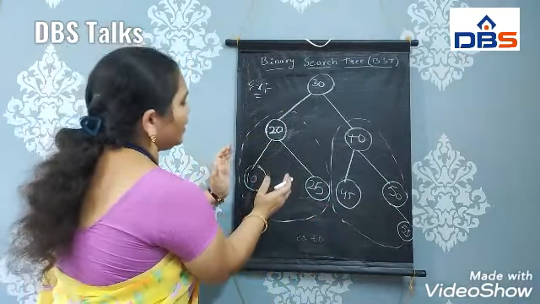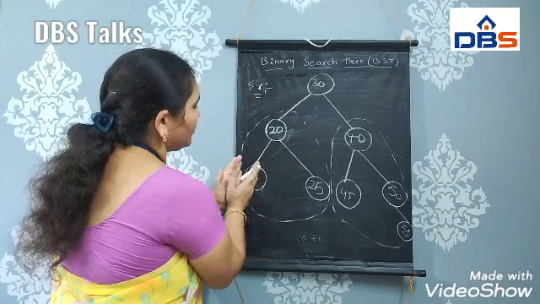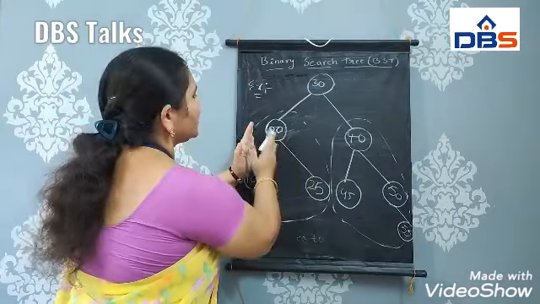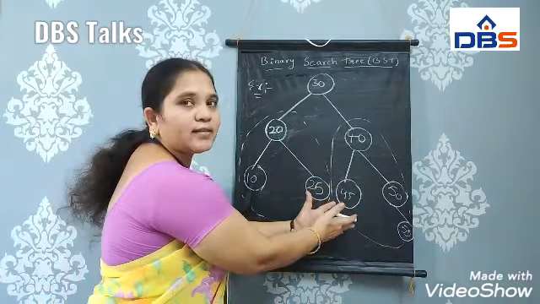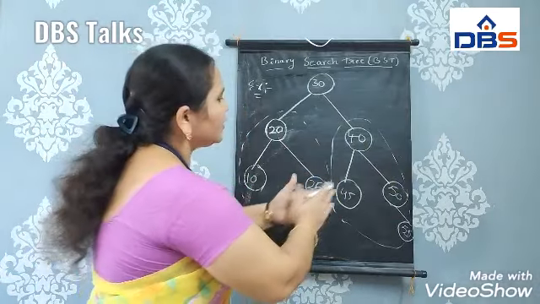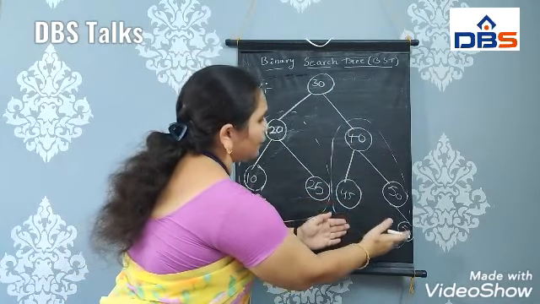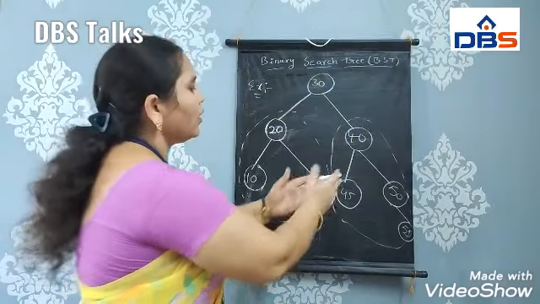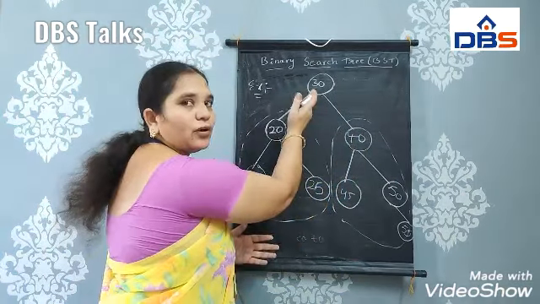Now we consider all the nodes of the left subtree. These nodes of the left subtree are 20, 10, 25. These are all lesser than the root node 30. And now consider the right subtree. All nodes of the right subtree are greater than the root node 30. Here we have the node values 55, 50, 45, 40. So these are all the nodes of the right subtree. These are all greater than the root node 30.